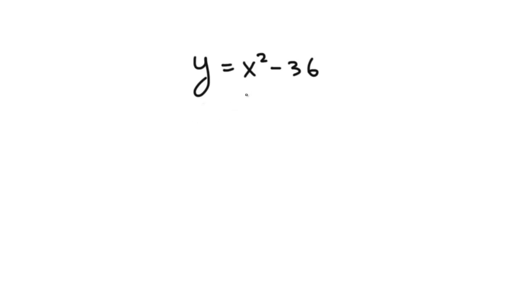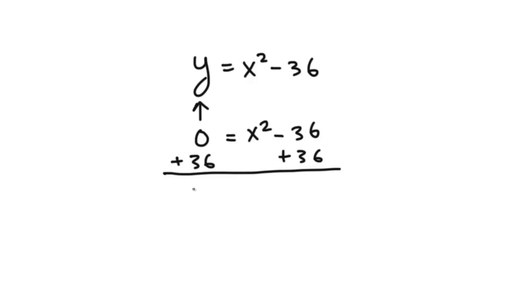Algebraically, we can solve for the values of x, or the solutions of the quadratic equation, by making y 0. Right? If we replace y with 0, because that is where the parabola crosses the x-axis, that's when y is equal to 0. If we do that, this will become 0 is equal to x squared minus 36, and we can just solve for x. So here, we can just add 36 to both sides, and we'll end up with 36 is equal to x squared. So we take the square root of both sides, we'll end up with x is equal to plus or minus